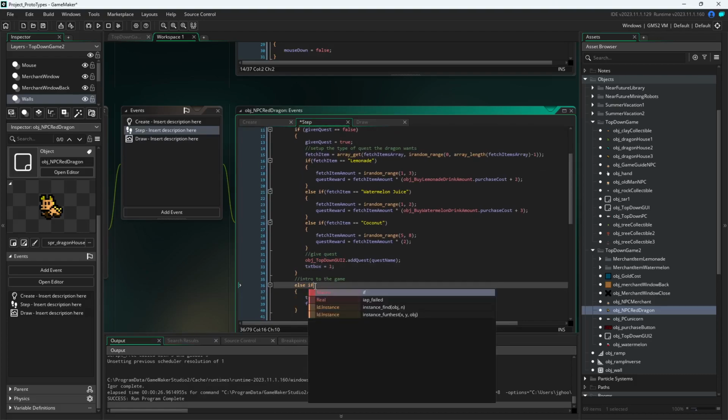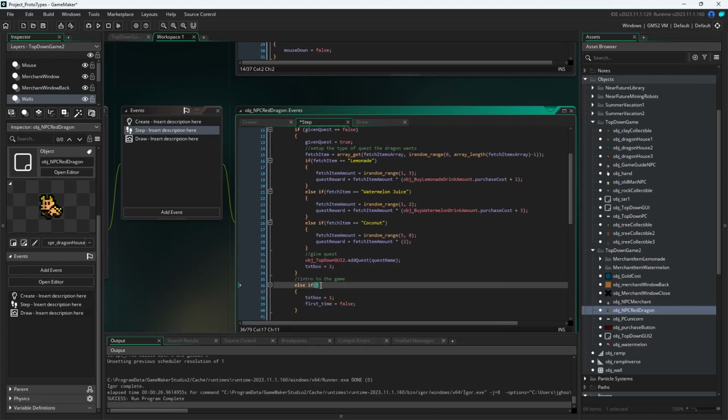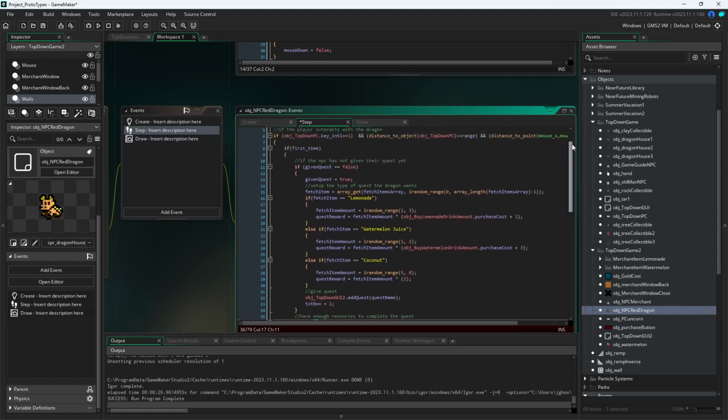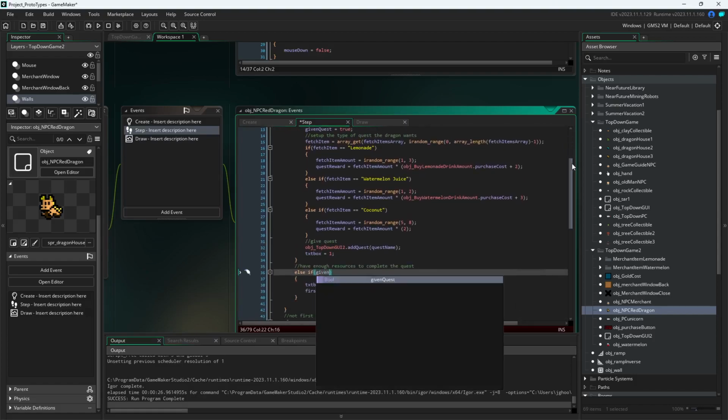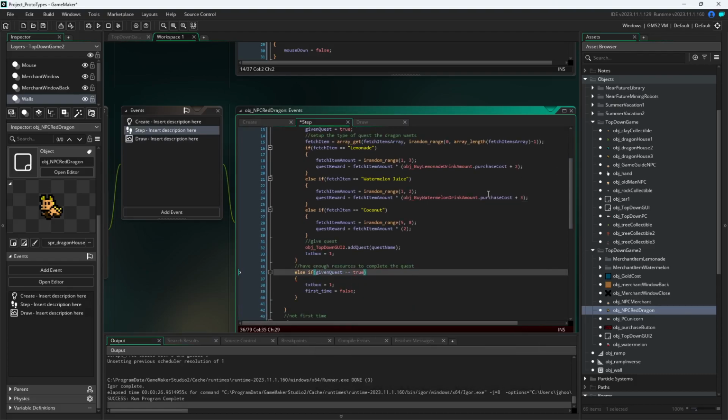So else if, let's say they have enough resources to complete the quest. Let's say if quest is equal to true, they have the quest and they have enough resources, so we're gonna say